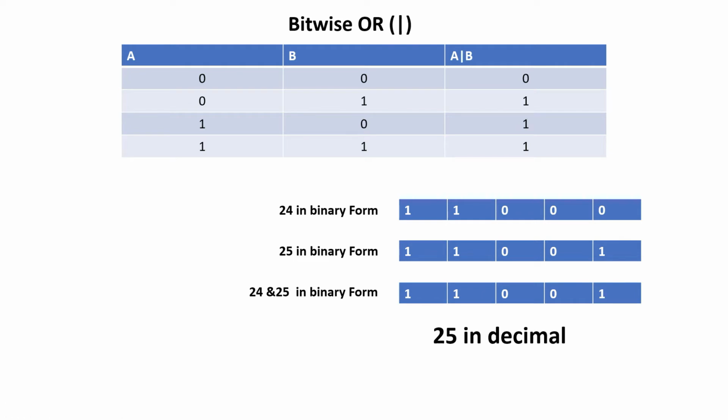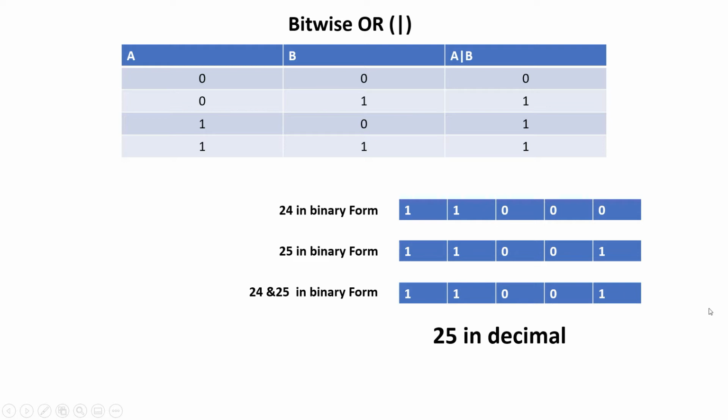The bitwise OR: 0 or 0 is 0, the rest is 1. 0 or 1 is 1, 1 or 0 is 1, 1 or 1 is 1. So again, let's take 24 and 25 as binary. 0 or 1 is 1, 0 or 0 is 0, 0 or 0 is 0, 1 or 1 is 1, 1 or 1 is 1. So we get 25 in decimal, or